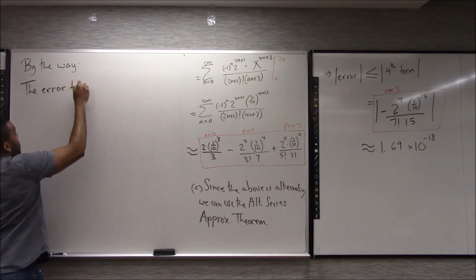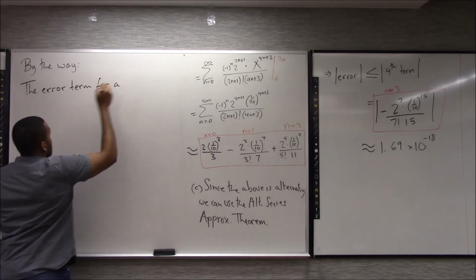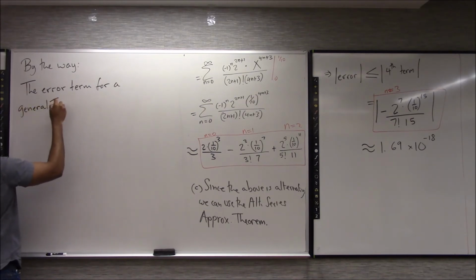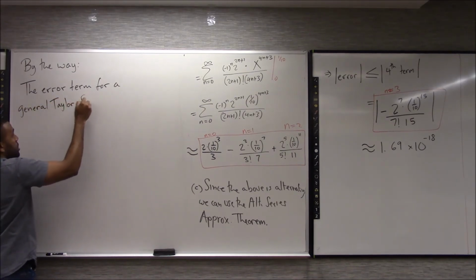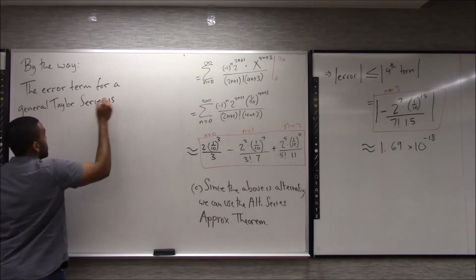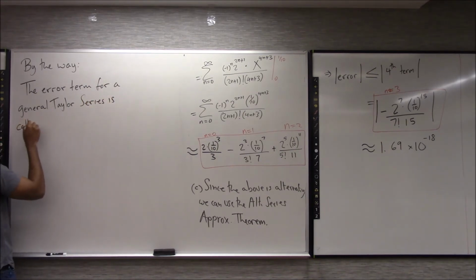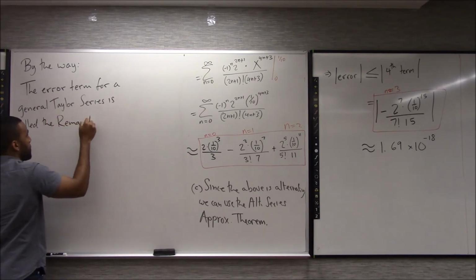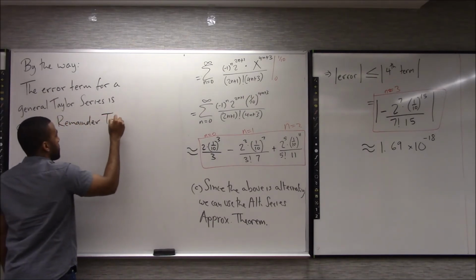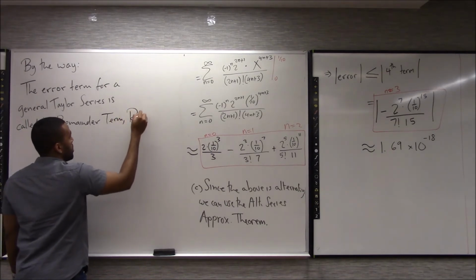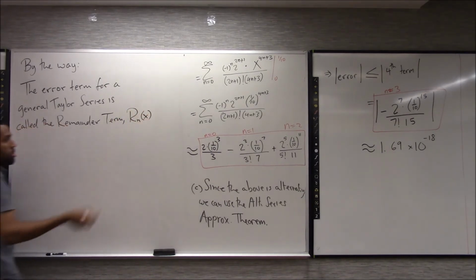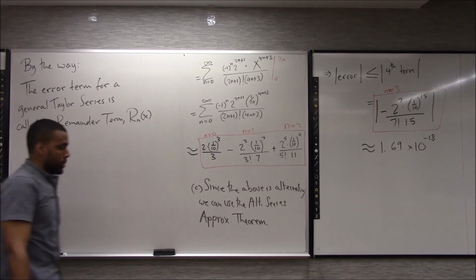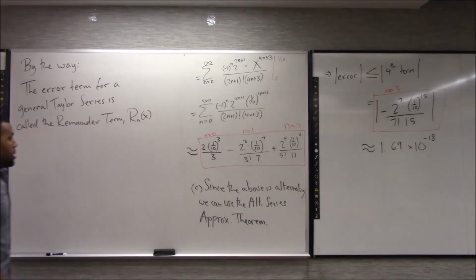The error term for a general Taylor series is called the remainder term, and it's denoted by R sub n of x, where you can think of it as a series on its own that has n terms. So basically, if you write